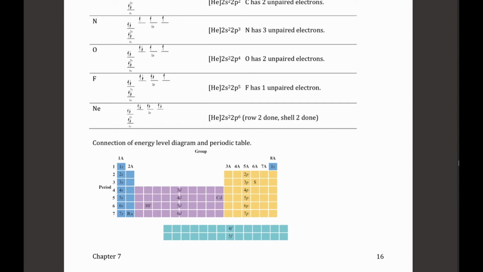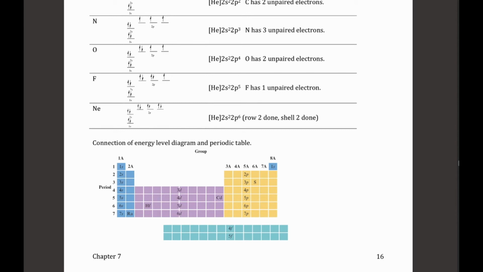We see row 1, 1s, row 2, 2s, row 3, 3s. And then we go to the yellow block of elements, and that would be boron in the top yellow row, row number 2. Boron, carbon, nitrogen, oxygen, fluorine, neon, all of those have their p electrons in 2p atomic orbitals,